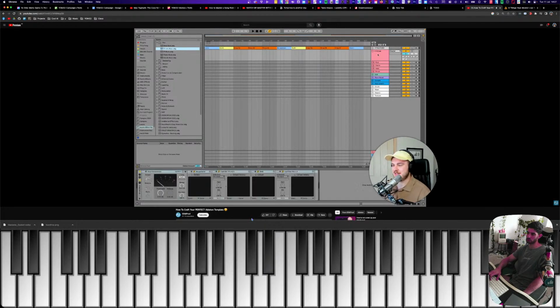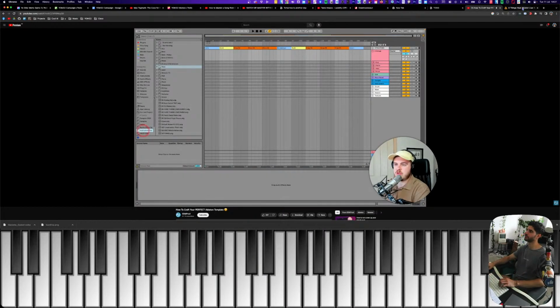Once it loads up, you can see this is why I don't keep it in my template. All my favorite drums bus devices are ready to go. And this is the best of both worlds, because you still have the time saved from not making this from scratch every time, but it's not bogging your template down. This also goes for instrument racks where you've got